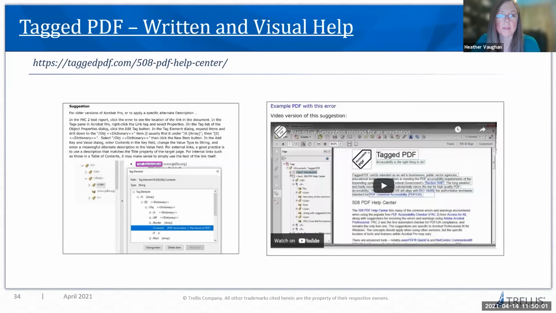And what I really like about this site is they have a written explanation on how to fix issues, but they also have a video, and it's step by step. You actually see the person going through and doing all the steps to fix it. And if you're a visual learner like me, these videos are a lifesaver, because it really does help you get the help you needed and how to fix issues. Okay, next.